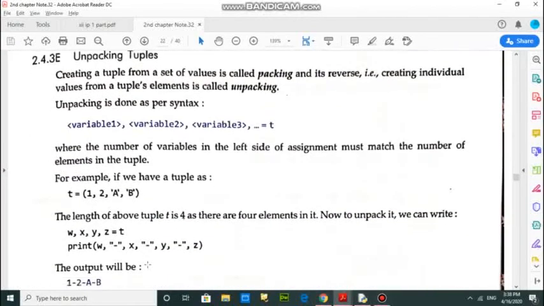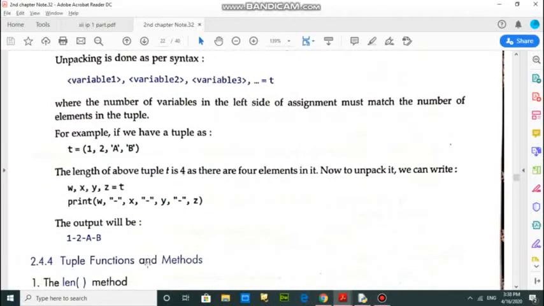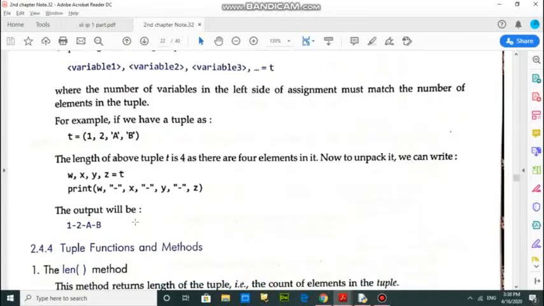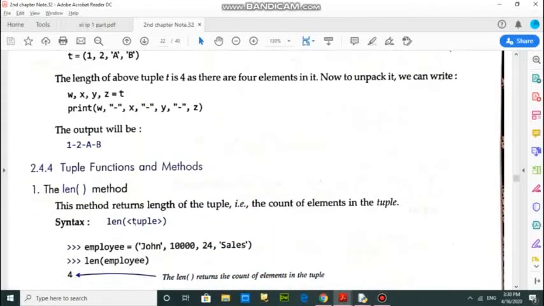These are the tuple contents, and if we want each individual item assigned to a separate variable, we write w, x, y, z equals t. So its tuple content will be assigned to separate, individual variables like this. This process is known as unpacking.